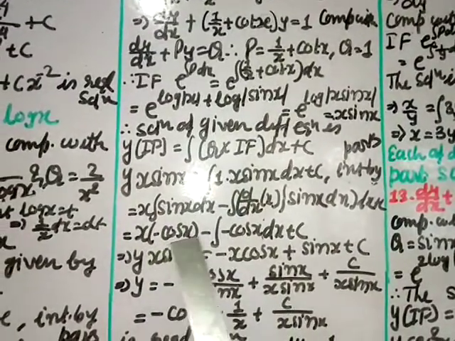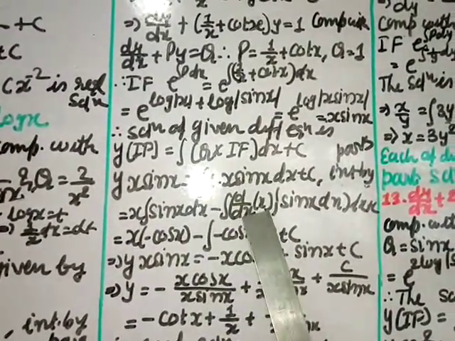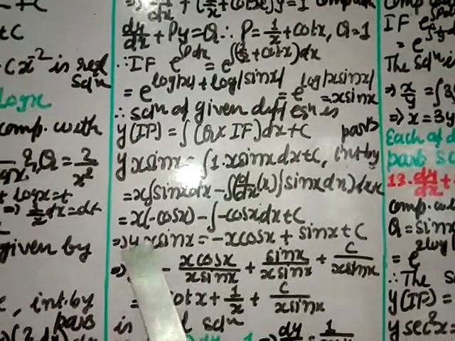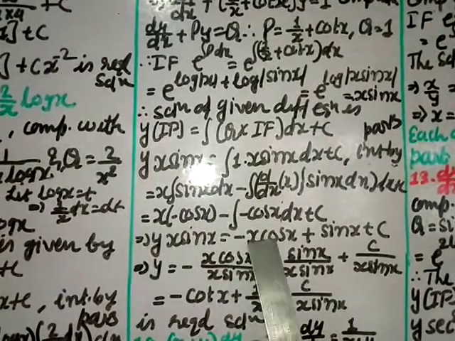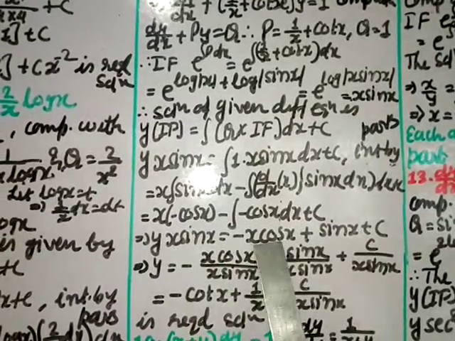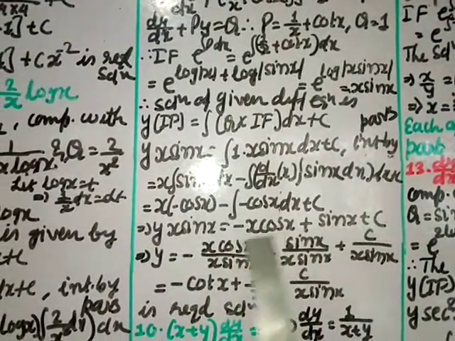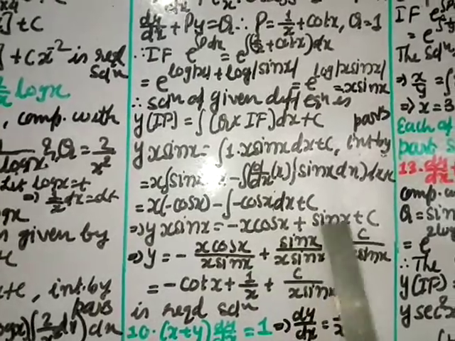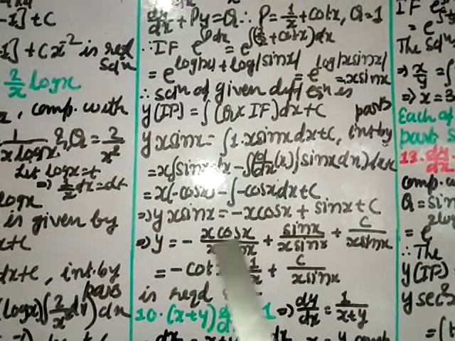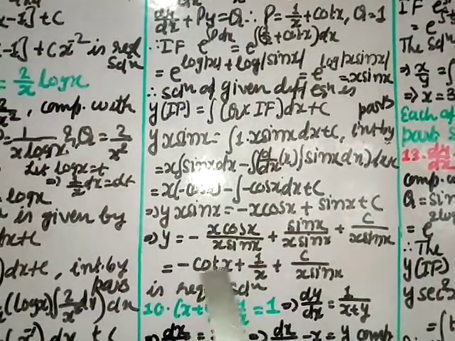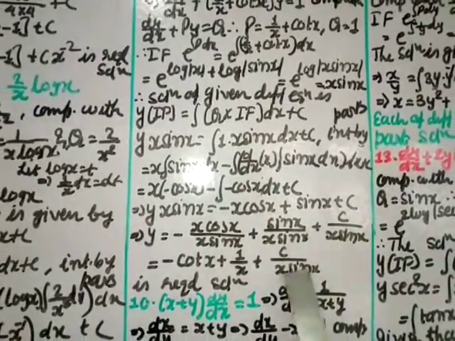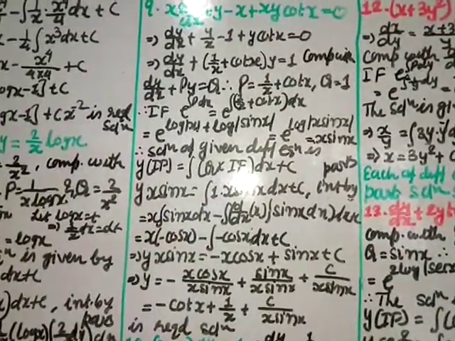Integral of sin is minus cos x, minus integral of derivative of x with respect to x, which is 1, into integral of sin, minus cos x dx, plus c. You have to do this once again. This I am writing as minus x cos x, minus a minus, plus integral of cos is sin, plus c. x sin x I am transferring this side, so you get minus x cos x divided by x sin x, plus sin x divided by x sin x, plus c by x sin x. Then you can cut x, here remains cos by sin, which gives you cot x, with minus, plus sin cut, 1 by x, plus c by x sin x. So that is the required solution for the given differential equation.